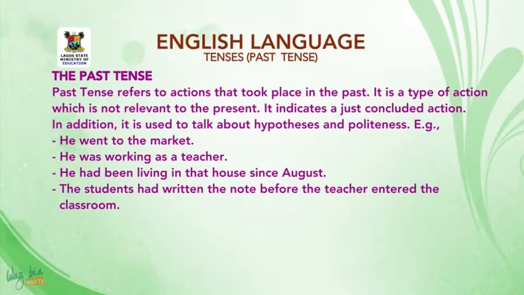Now, let's look at the definition of the past tense. It is used to refer to actions that took place in the past. It's a type of action which is not relevant to the present. It indicates a just concluded action. In addition, it is used to talk about hypothesis and politeness. That means the past tense can be defined as a just concluded action, and it can also be used to